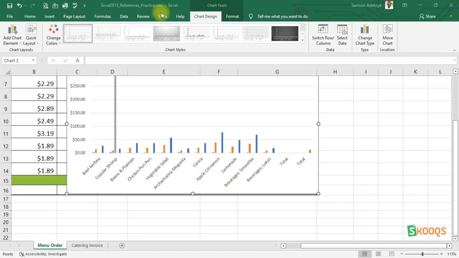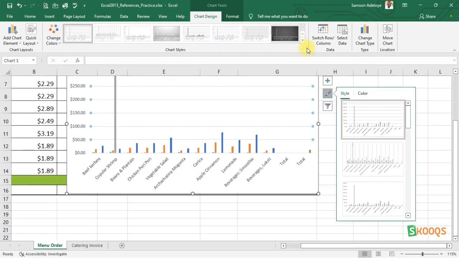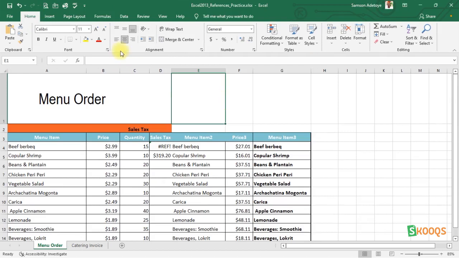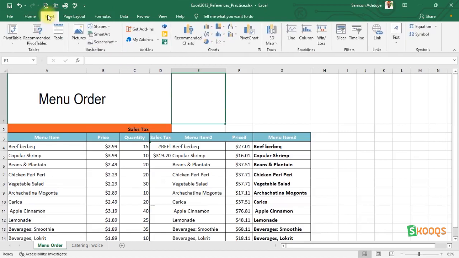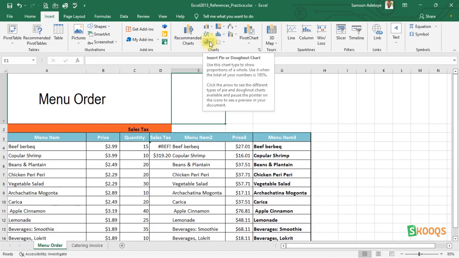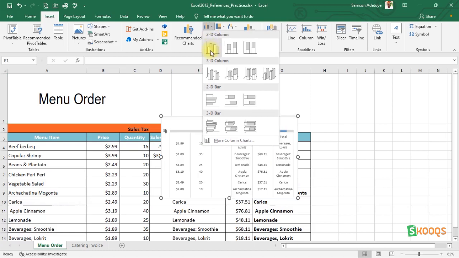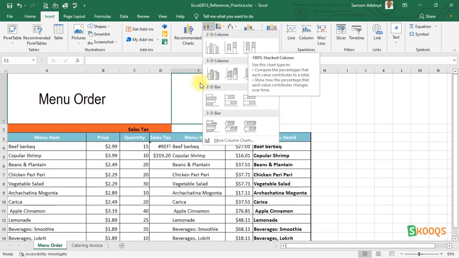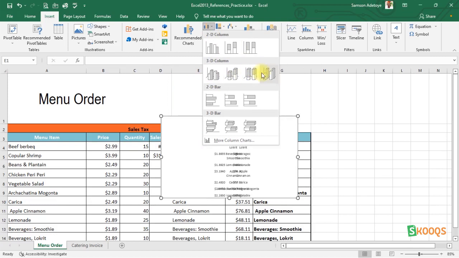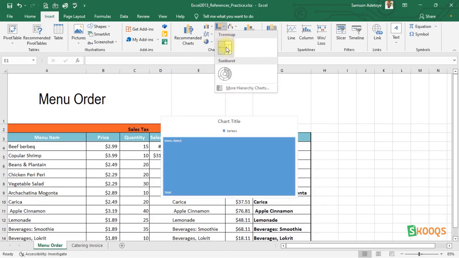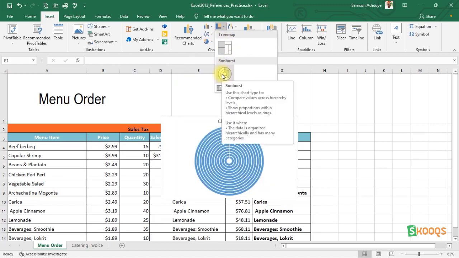Let's go to charts. Let's go to home. So how do we locate charts? Go to your Insert menu, and here you are going to find charts and the options. So we have pie charts, we have column charts, there are 2D bar charts, there is tree map, sunburst,